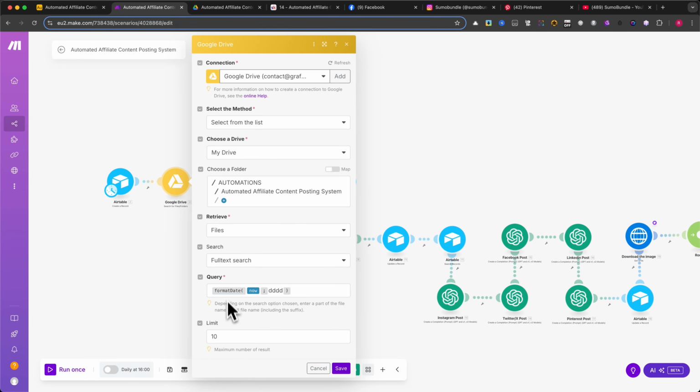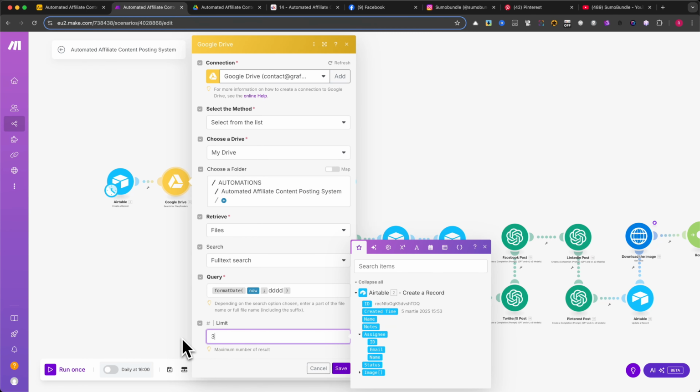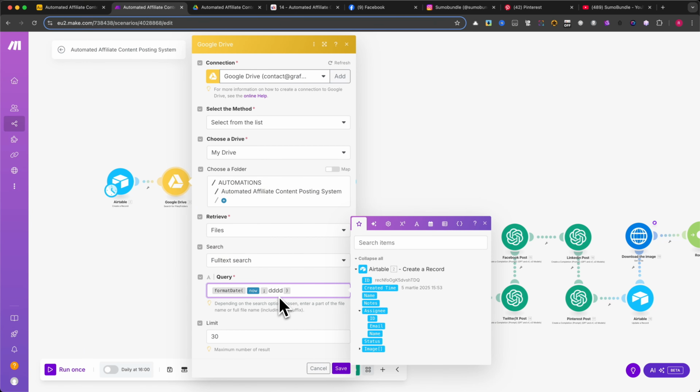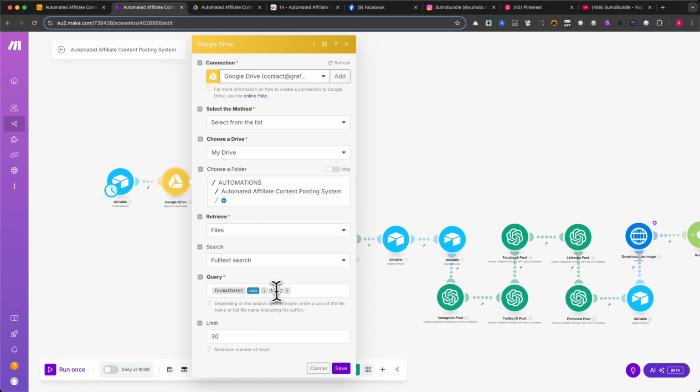Configuring the query to match the correct image, this is the most critical part. The query ensures that the automation picks the right image for the right day. If you have 7 images, each corresponding to a specific day of the week, you should use the following query format with 4 D characters. This query will return the name of the current weekday, Monday, Tuesday, etc., matching it with the corresponding image in